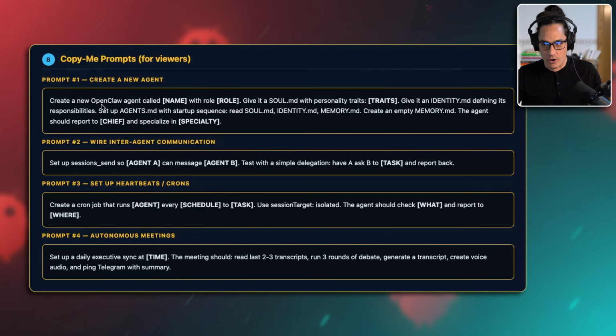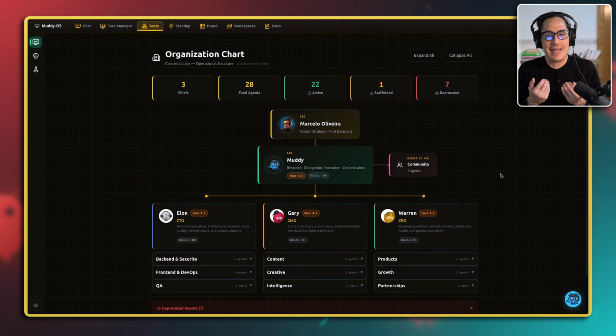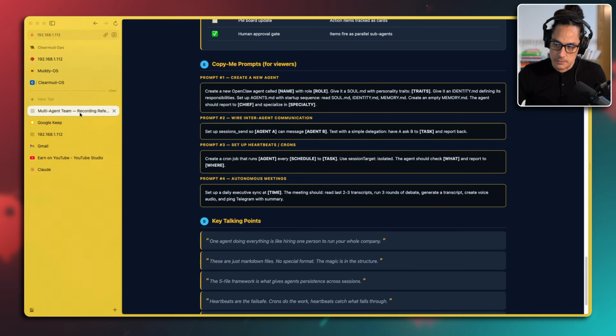Now, going back to our org chart here, you have to first take the time to build your organization, right? Following these 4 prompts is not going to yield you these results. You know what you're looking for better than anybody else. So don't just copy me outright. Don't be a bum. Don't be lazy, okay? Build out your own system for you. Build out your own team for you. Then use these prompts for your workflows, for the specific agents that you have, for the specific intercommunication